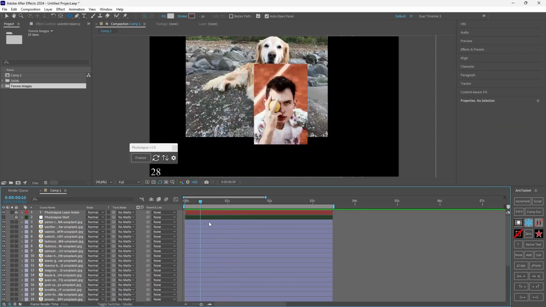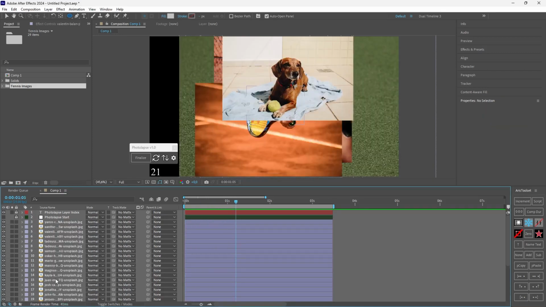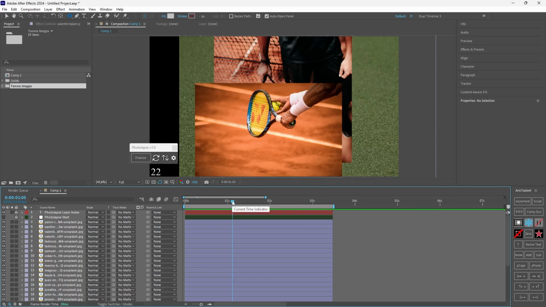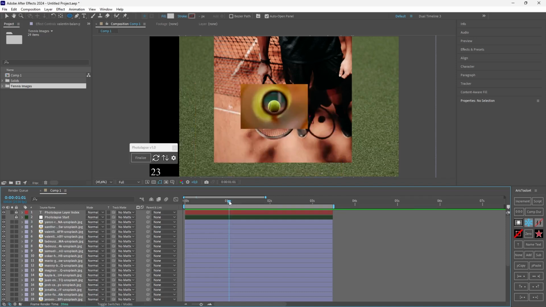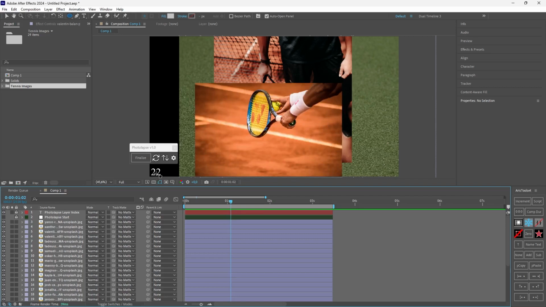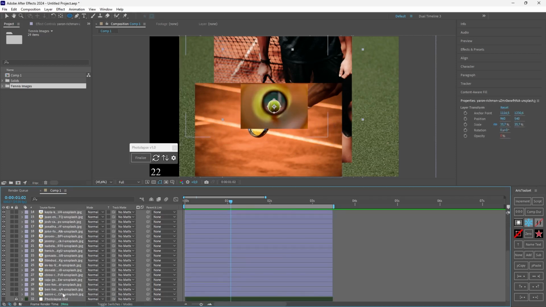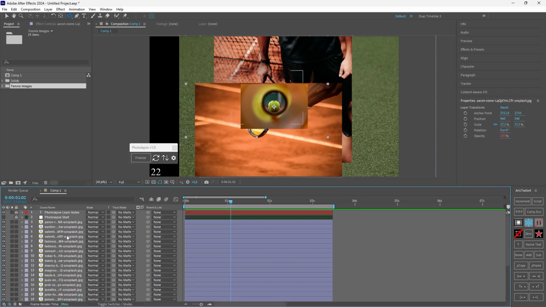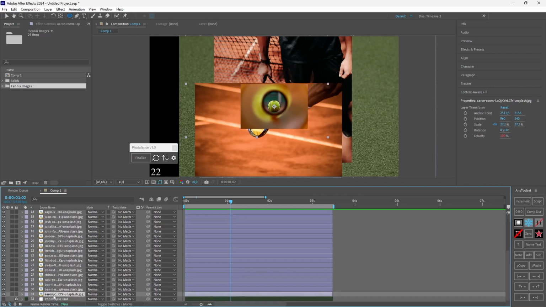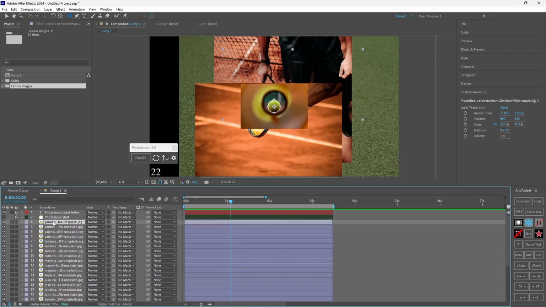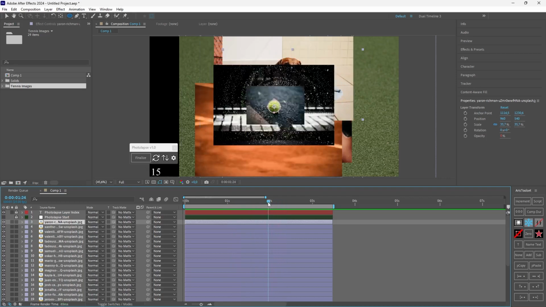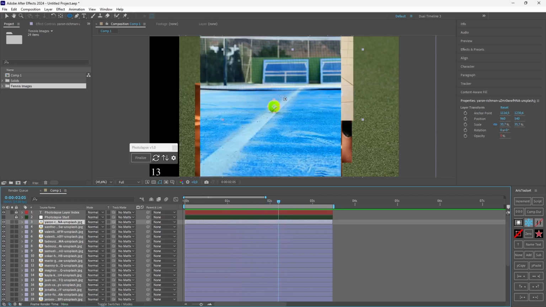You can also move any image to any other place you want. Let's say I want this image to appear before this image. I go here and I see it's layer number 22. So I go to layer 22 and I move it down. If you haven't noticed, the images appear from bottom to top. The last layer is the first image of the Photolabs and the first layer is the last image of the Photolabs. So let's do this again. I will find an image, let's say this one. This is layer number 13.